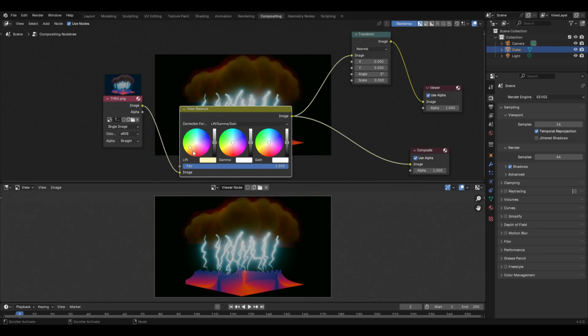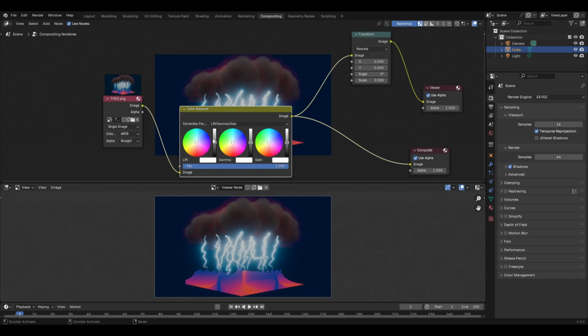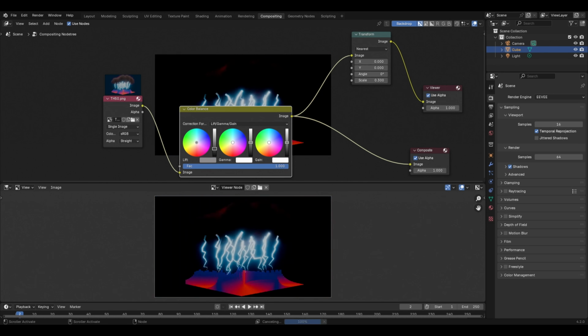If you want to reset the color back to the white color, then simply place your cursor on this color wheel and press the backspace button. In a similar way, if I go to the brightness bar and try to reduce the brightness, then you will notice that the effect of the reduction in brightness is mostly visible on the background and the clouds, but not on the lighting and the shadows or the reflections created by it.